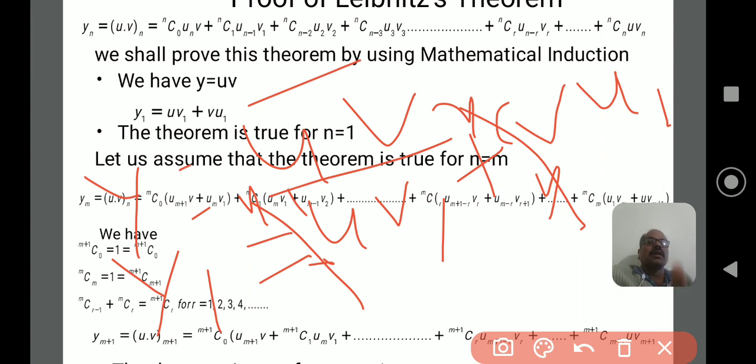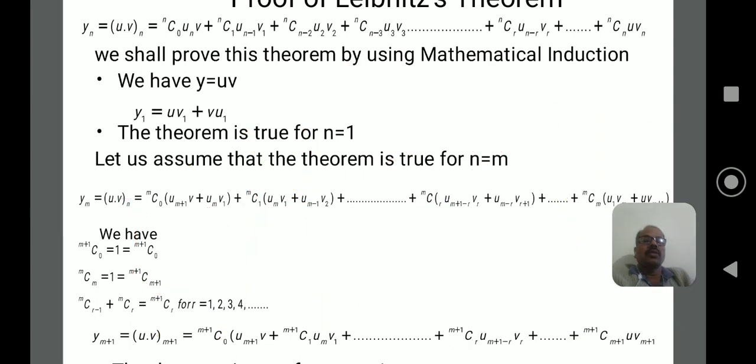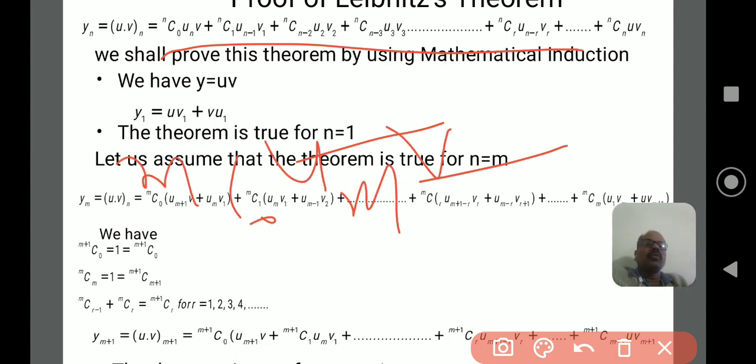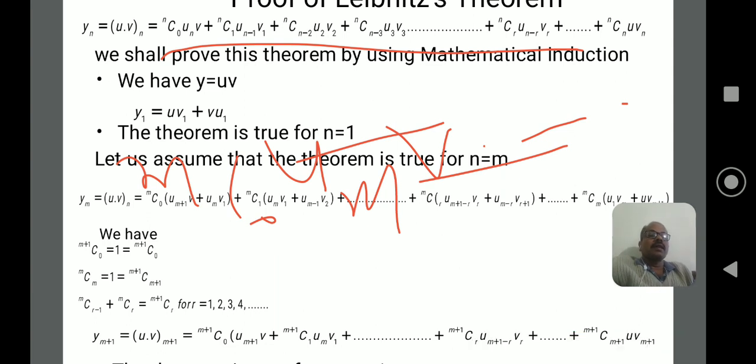It proves that the above theorem is proved by using mathematical induction for n equal to 1. Let us assume this theorem is true for n equal to m also. I have written it very clearly. Wherever n appears in the above statement, you can replace it by m. We get a statement like this, the same thing: instead of nC0 we write mC0, and so on, just replacing n by m. After this, the very complicated step will start. You have to prove this.